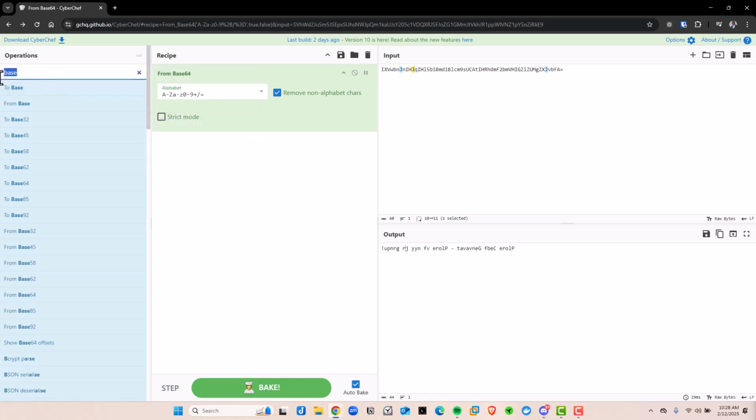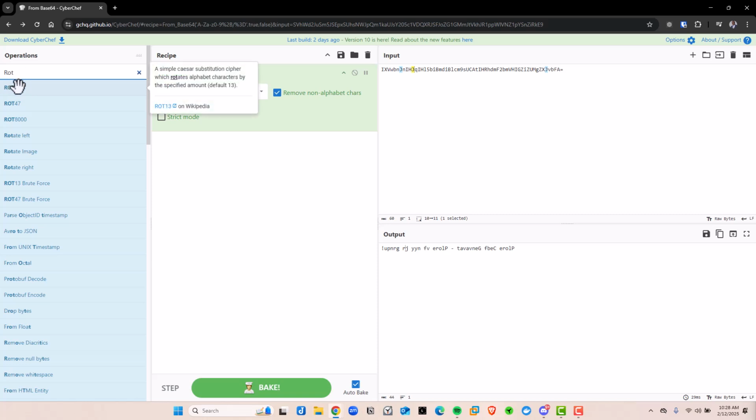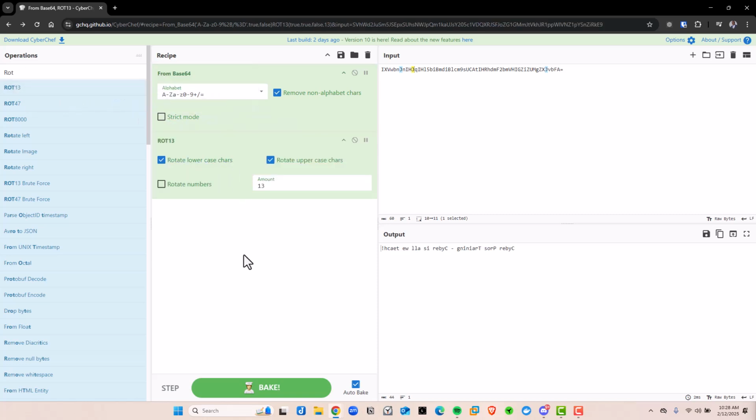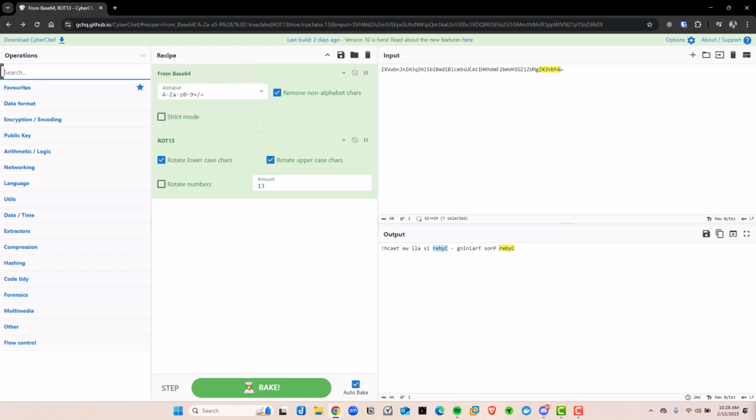So we can add ROT13, right? And we drop that there. Then look at that. Now we can start seeing some little things here and there. That looks like it's "cyber", right? That kind of stuff. So we can then go ahead and just apply the